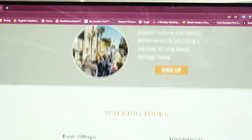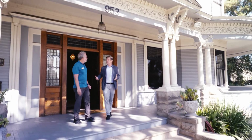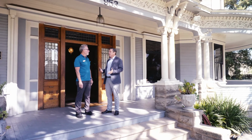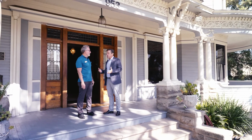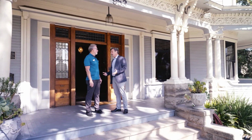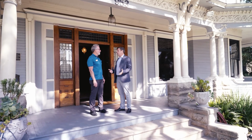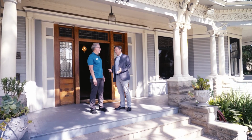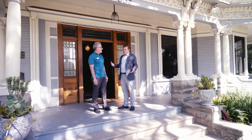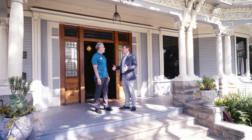Wow, the Bembridge House is an outstanding example of how a few volunteers can make a big difference in a community. I mean, when you think about it, it's owned by a nonprofit, run by volunteers, and for the benefit of the community. I really gotta say, the volunteers and the people involved are every bit as spectacular as this beautiful home. Thank you. Well, thank you, Chris, and thank you to also all the volunteers with Long Beach Heritage